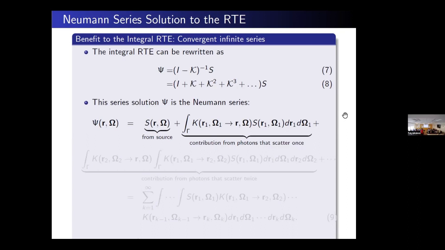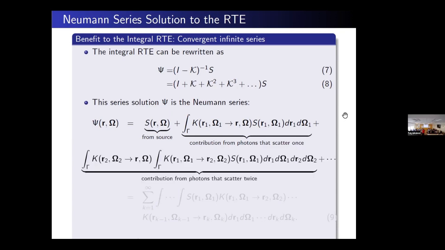Then it's the contribution of photons that scatter once and then contribute to that direction. So we're integrating over all positions and directions that will scatter into the direction we're interested in. And then we capture those that scatter twice, and so on, until you get the final infinite series that provides the total solution.